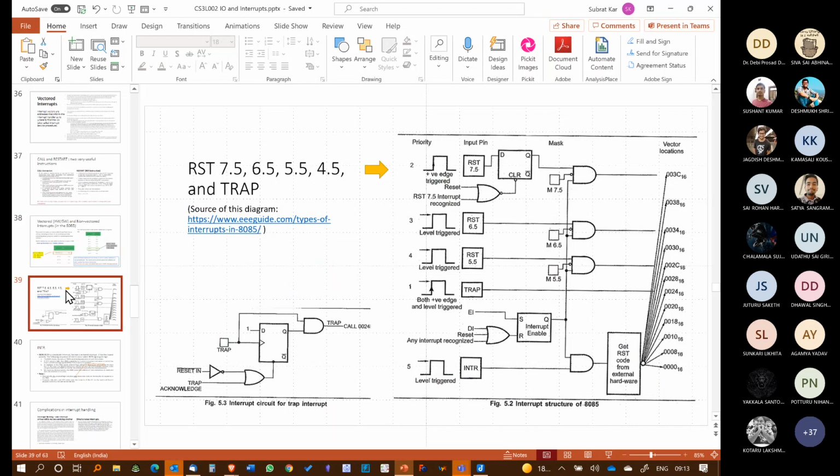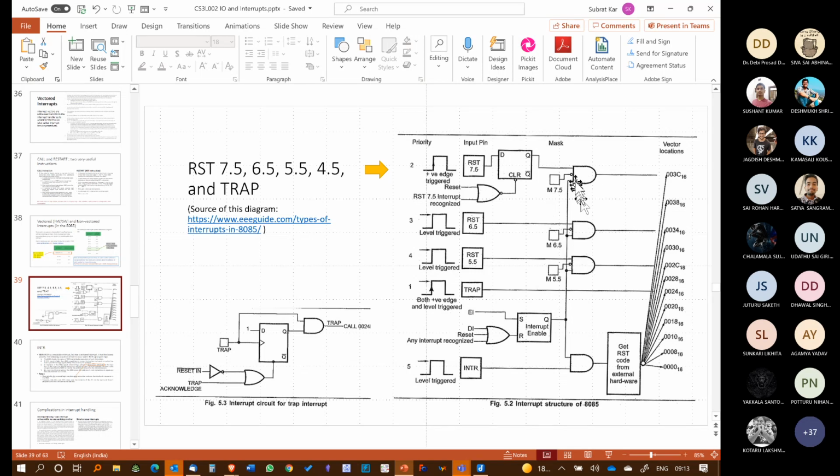This thing, if you see, the trap has no mask bit. You see this mask 5.5, mask 6.5, mask 7.5 is missing in the trap. It's a non-maskable interrupt. Fine. But in every interrupt,